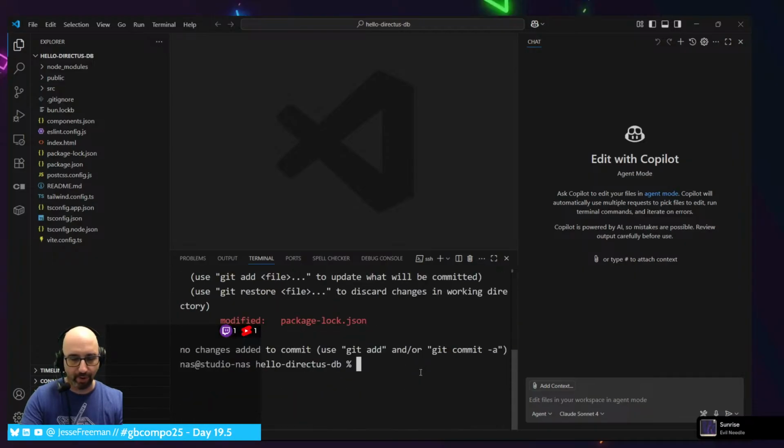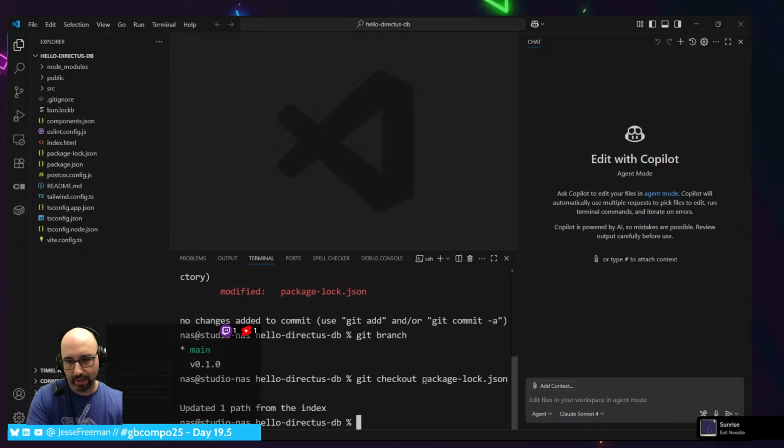This is a bigger part of the workflow I need to fix. Git branch. All right, so let's do this. Git checkout package-lock.json. And now I want to git branch v0.